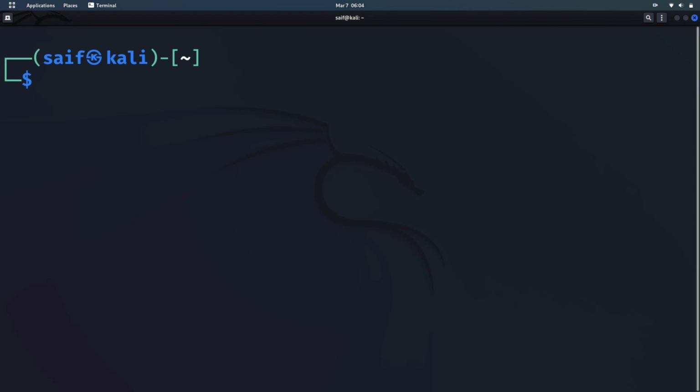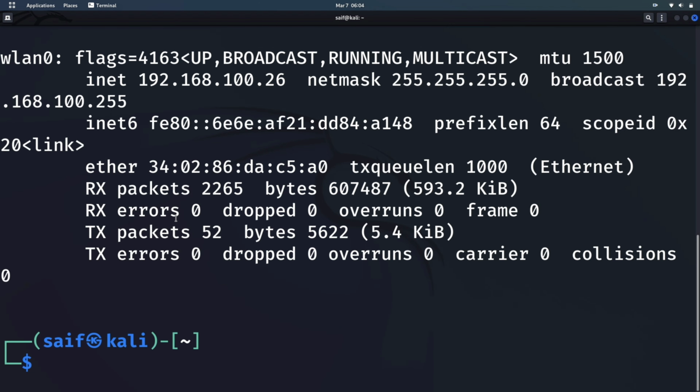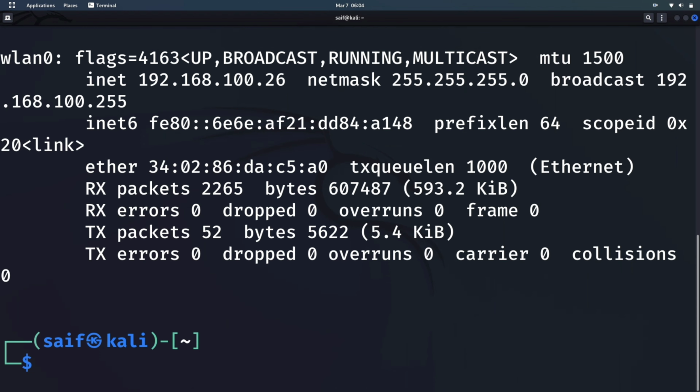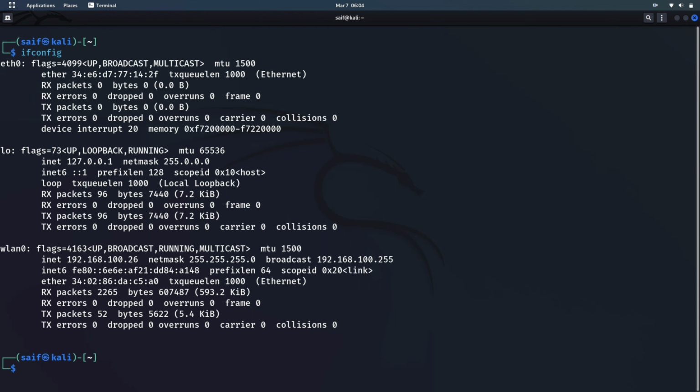So moving to our next command, that is basically connected to networking, and this is ifconfig command. It is a very popular command. When you get into ethical hacking, you will encounter this command very often when you want to know the IP of your network. I will zoom out so that you can see the entire output.